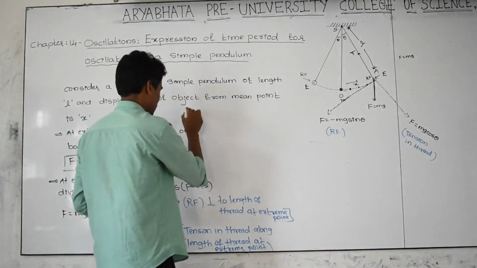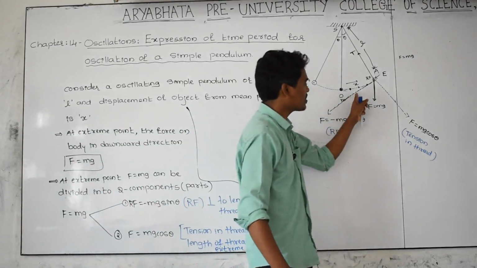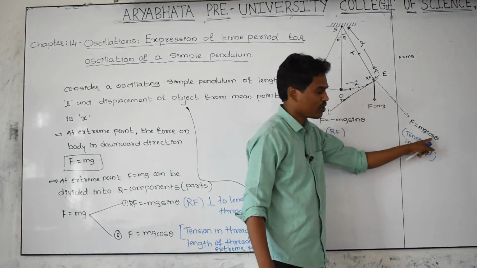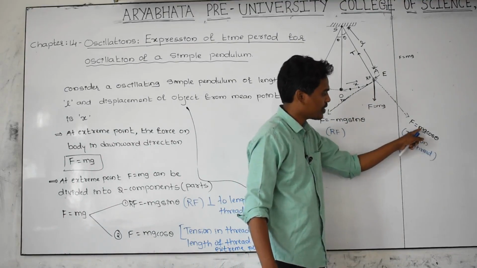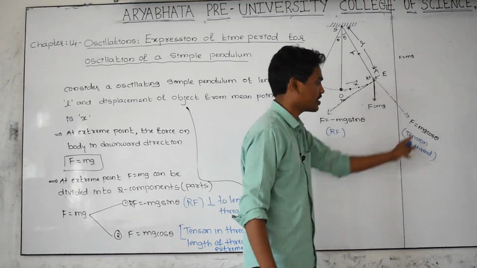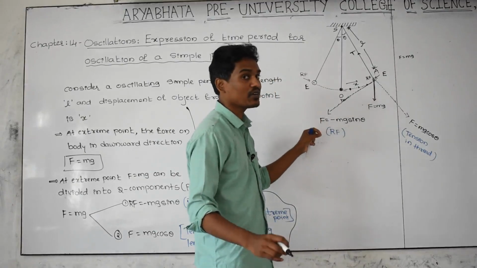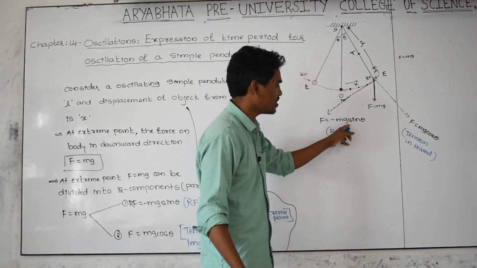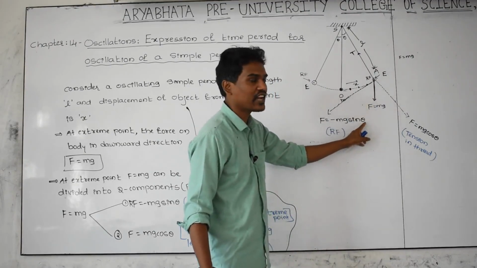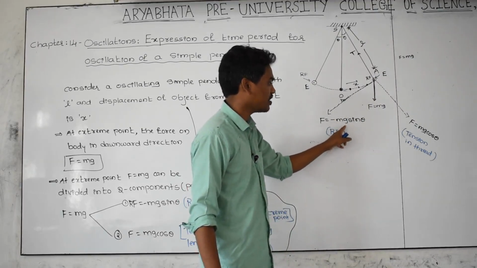Let us take the angle between this line and this line as exactly 90 degrees. Cos 90 is equal to 0. Then 0 into mg, F is equal to 0. It means that in this direction there is no tensional force. But in this direction the restoring force is there, and it is not equal to 0 because minus mg is there. Sine of the angle between these two lines is 90 degrees. Substitute sine 90 equal to 1. Then 1 into mg, that is minus mg. This does not become 0.